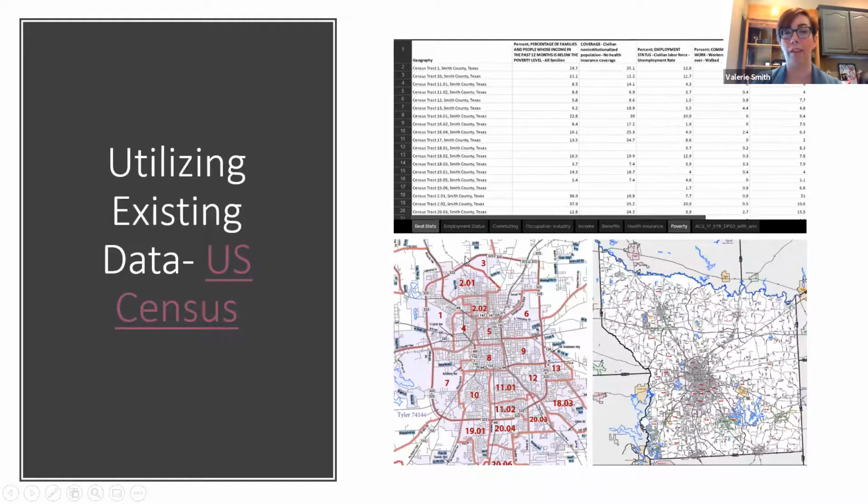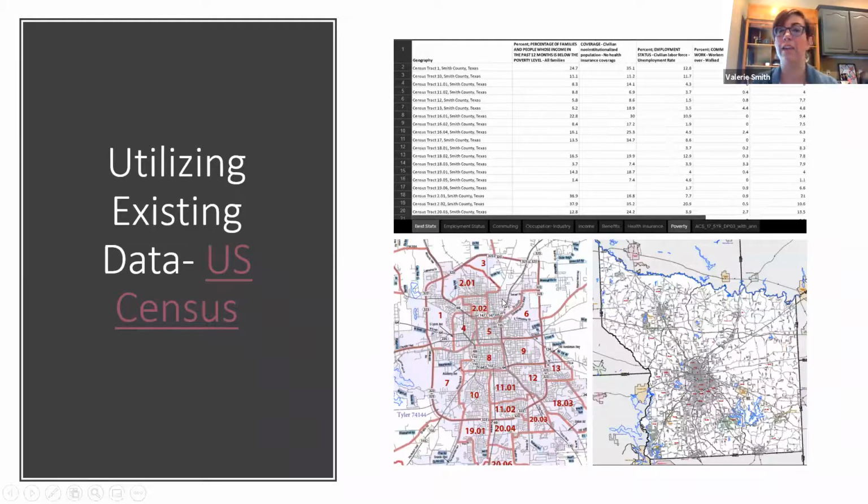And what I'll highlight here is that we were looking at the percentage of families who were below the poverty line. As you scroll down here, you see, okay, this first one's relatively high, and that's census tract 1. And then you keep going, and we had an outlier here, right? This 2.01 was really high. And then the next one below it, 2.02, was really high. So as we were thinking about what we wanted to do as a coalition, this really helped us target in on an area.